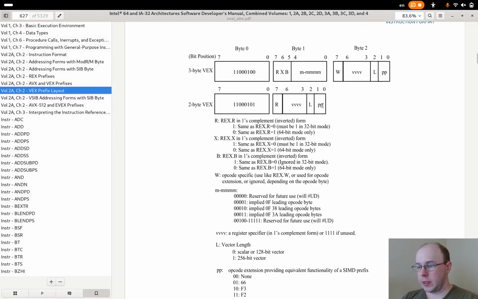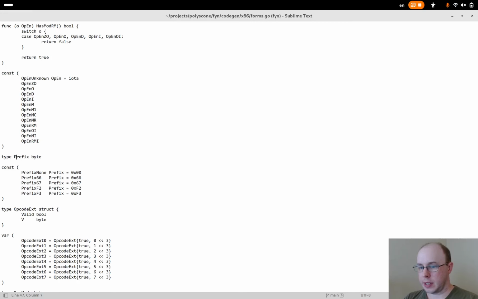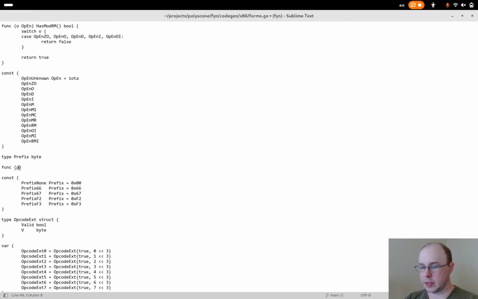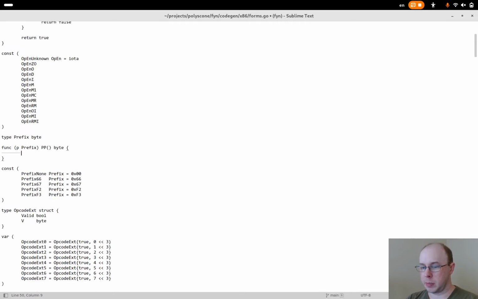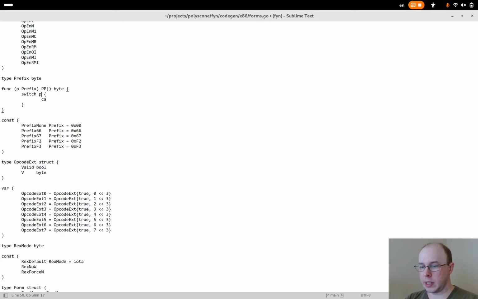So that gives us VVVV. Then we need a PP, which can be done as a helper function attached to prefix. So we'll do P prefix. This will be PP, return a byte. So in this case, we'll just do a switch because we know that in the case of